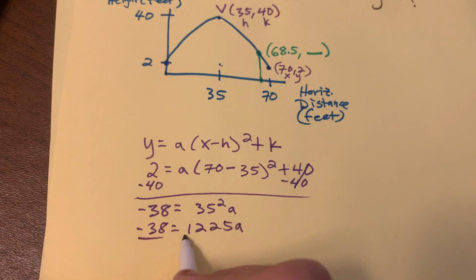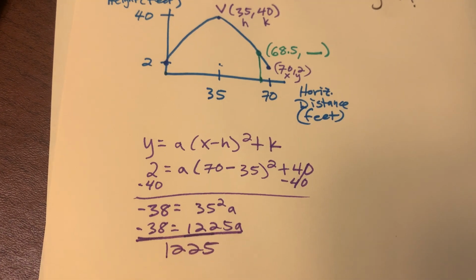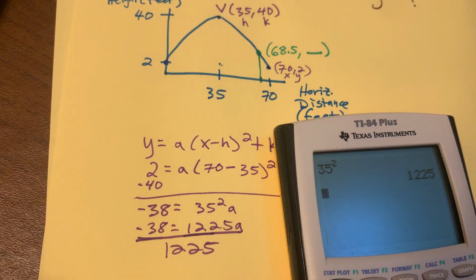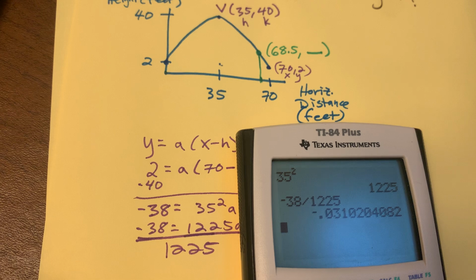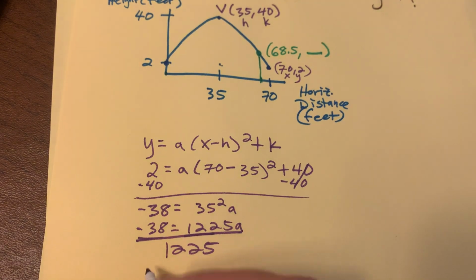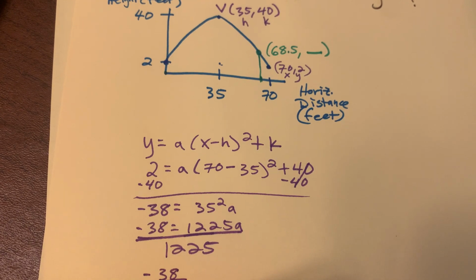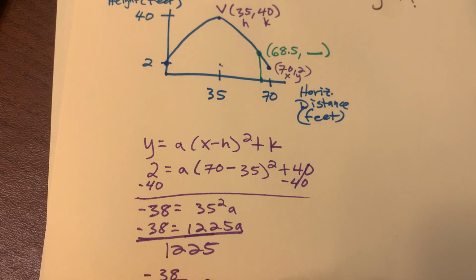I'm trying to figure out what this a value is, so I'm just going to divide both sides easily by that 1225. Let's see what happens. I don't predict it's going to be anything nice. Nope, that's gross. Math, enter, enter. We'll put it in reduced fraction form, and look at that. It doesn't reduce. So I now have this disgusting looking a value of negative 38 over 1225, and I've got